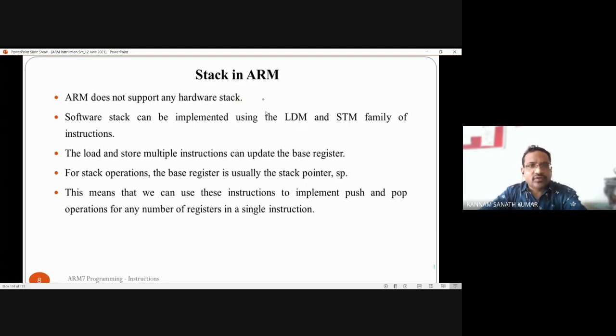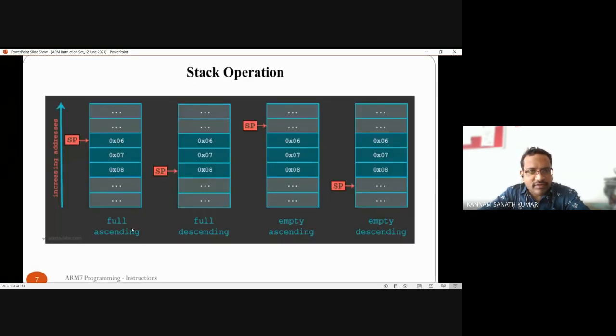So load and store multiple instructions can update the base register. So here in the stack operation, it will update the base register. During stack operation, what is the base register we are using? We are using the stack pointer as the base register. So if we are doing full ascending, full descending, empty ascending, and empty descending, every time the stack pointer, which is nothing but the base register, will be updated, depending on my operation.